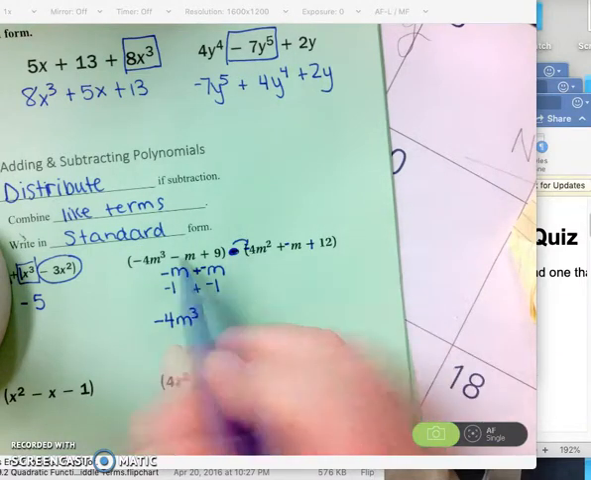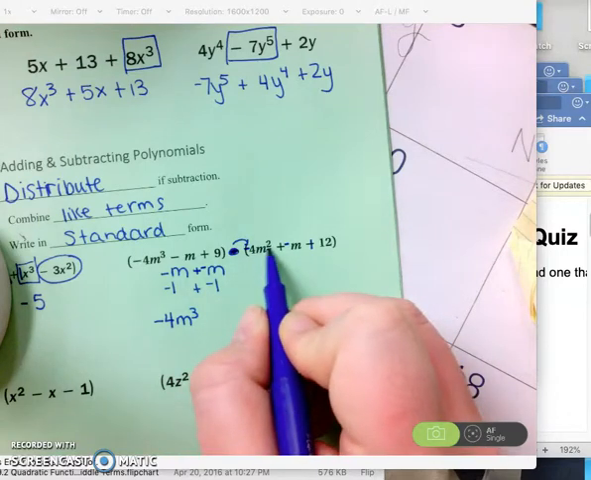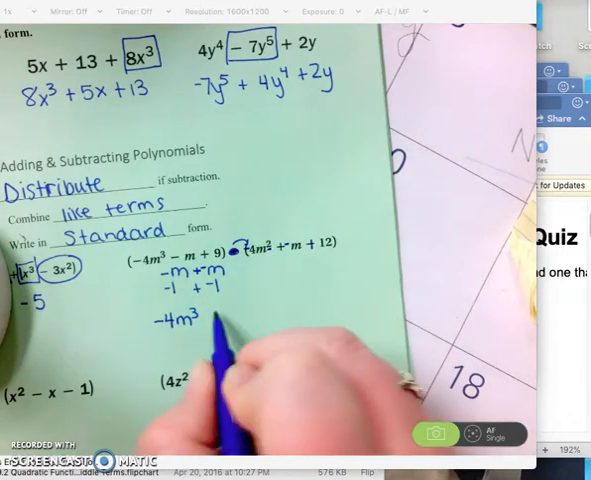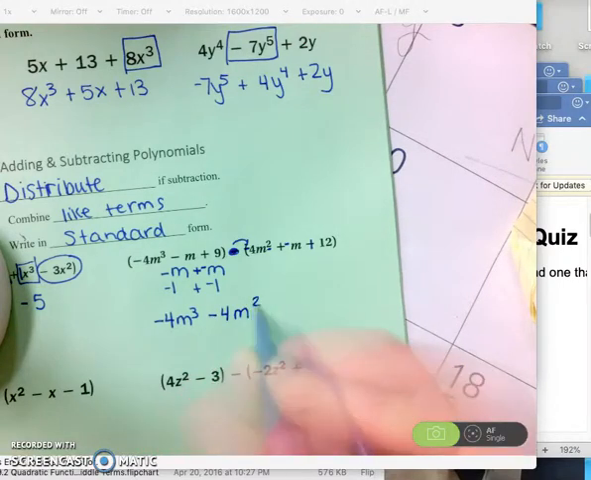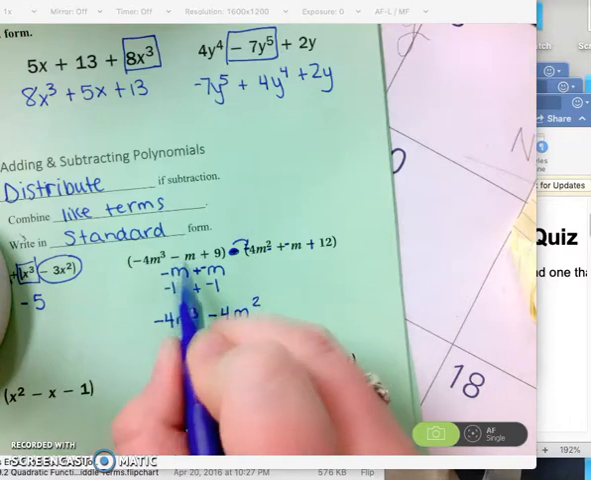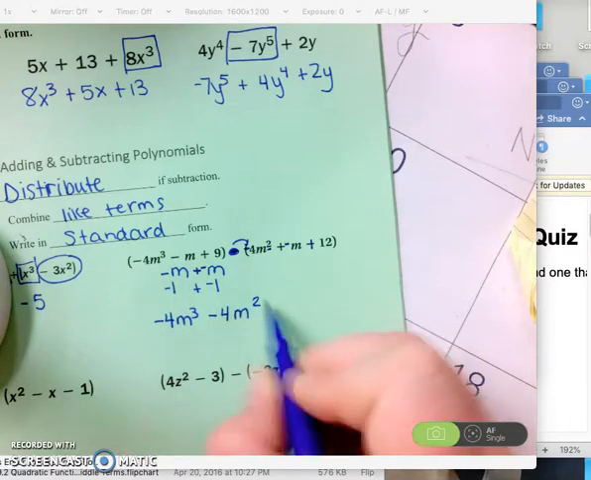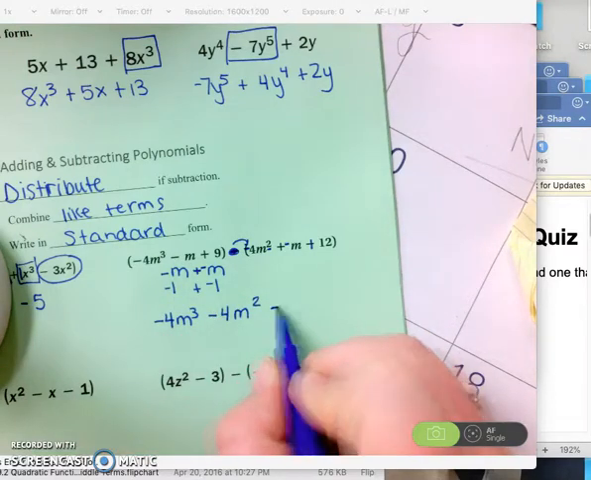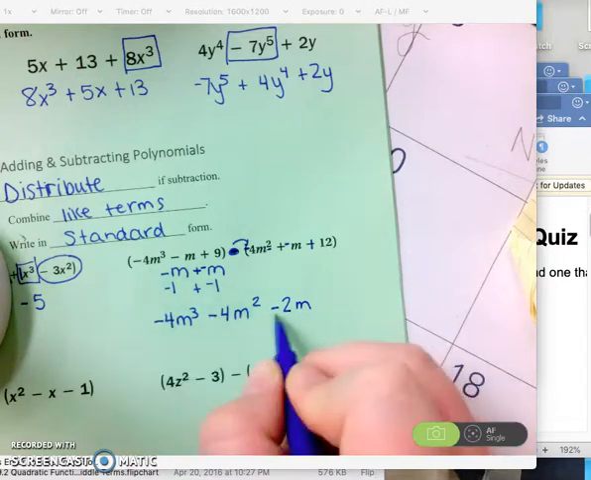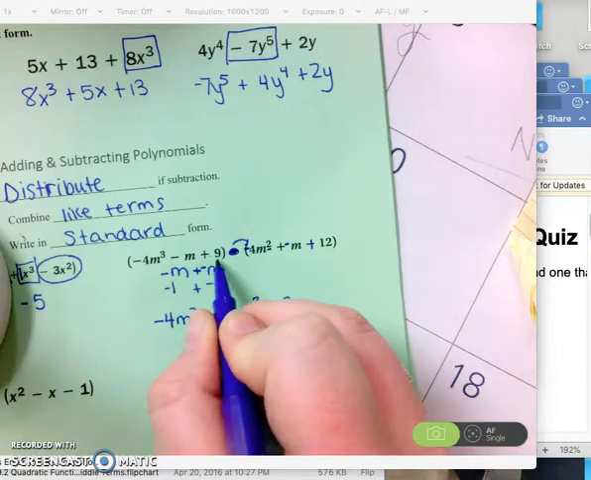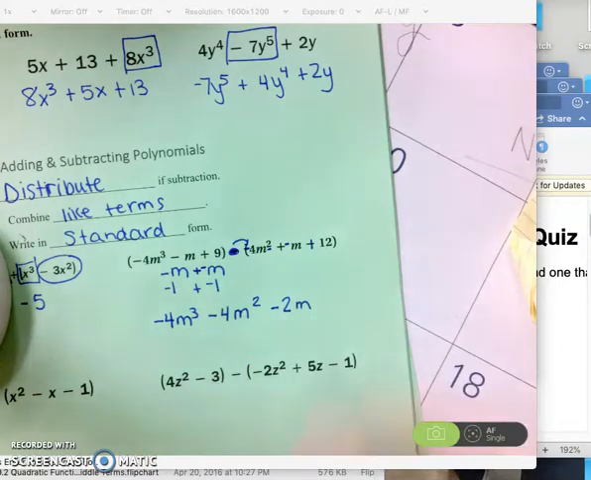But let's do this one first because it's the second degree. So I don't have any other ones, so I'm going to write that negative 4m to the 2nd. This is where I have two negative m's, so I'm going to combine like terms. So now I have two negative m's, or negative 2 m's. And then 9 plus 12 equals